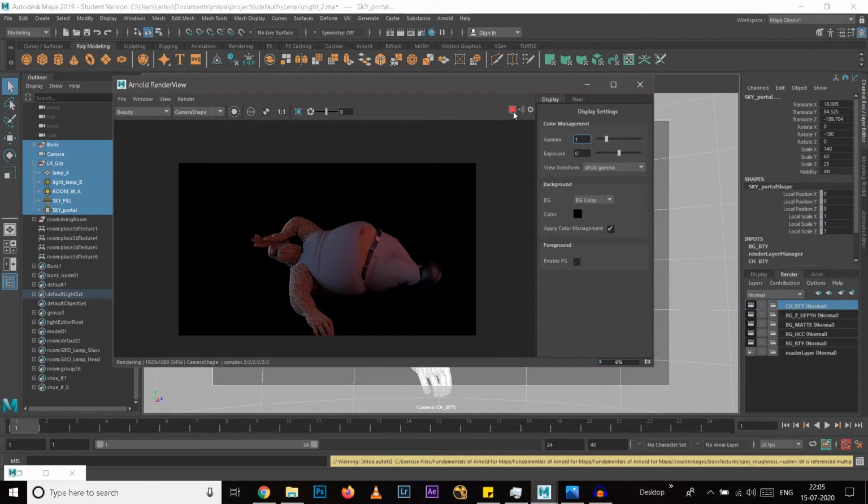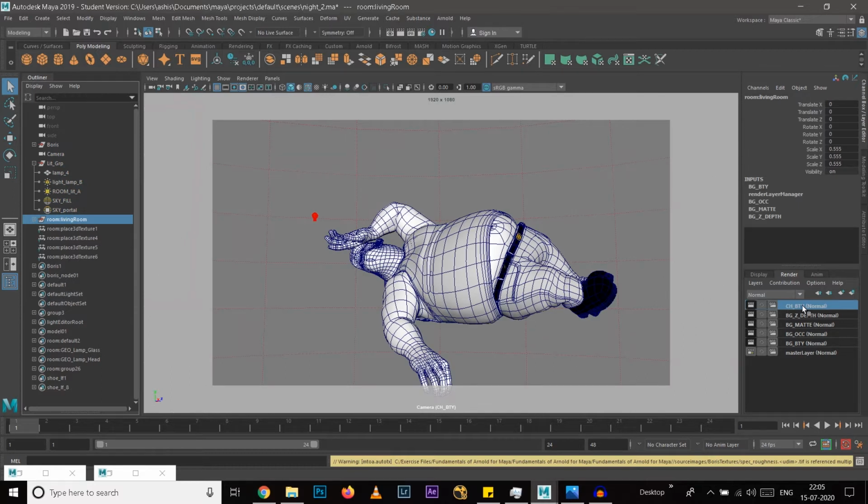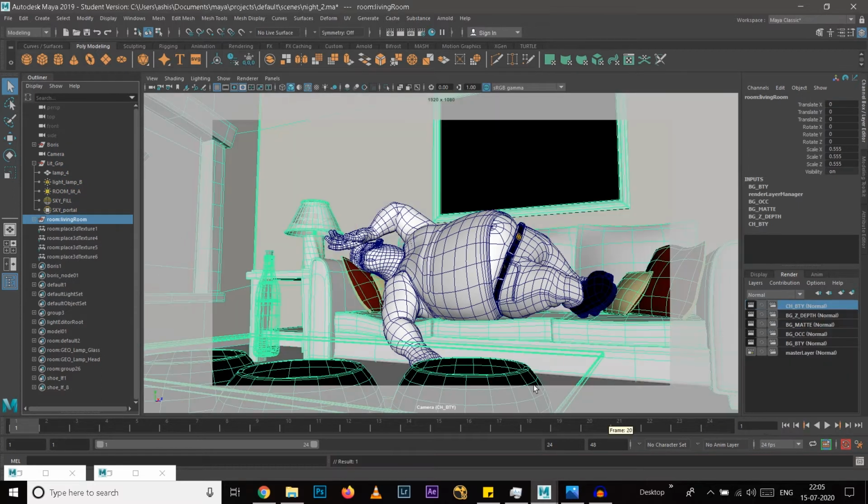So this is coming like that, but we need to do one more thing. What we need to do is basically we need to add this background also, so that its influence on this character should come. What all influence? Like the shadows, shadows falling on the character of some objects, GI bounces, and some reflections or anything like that.